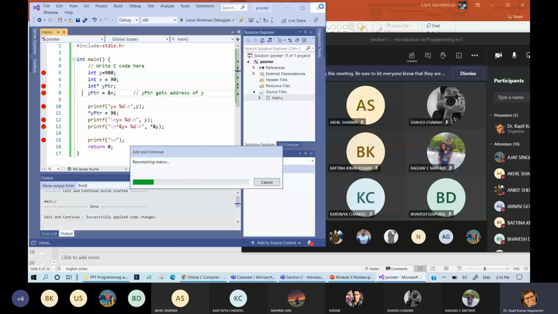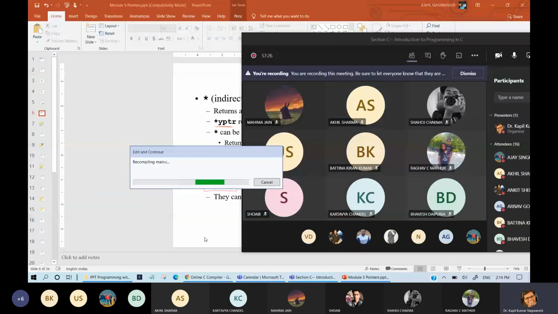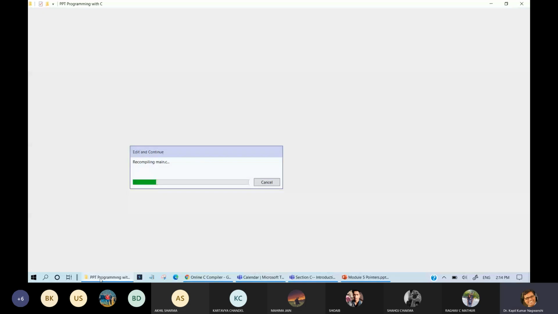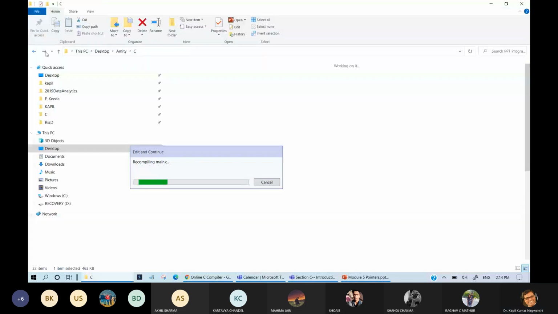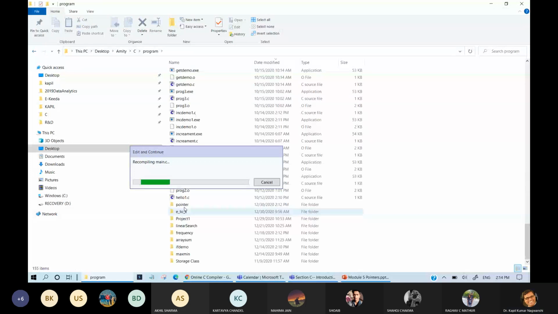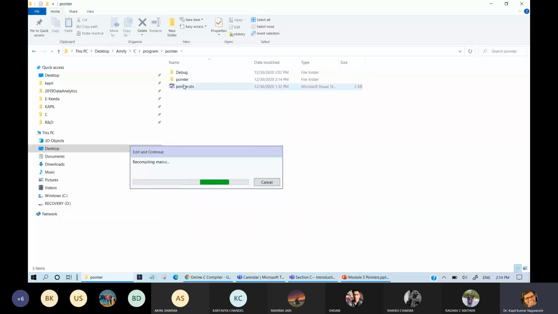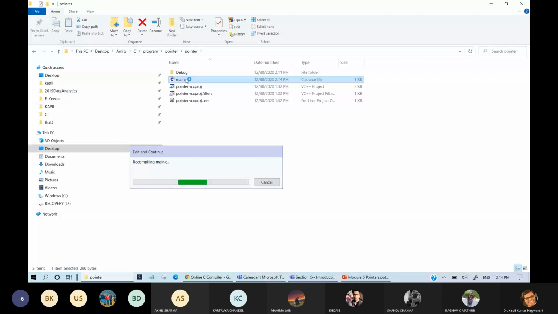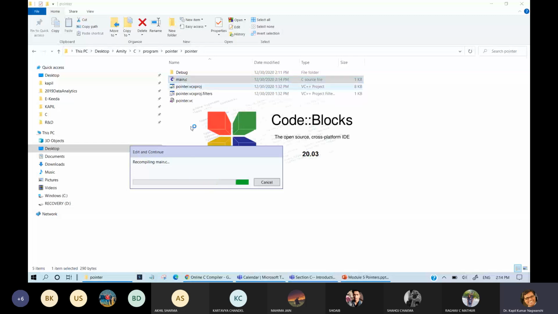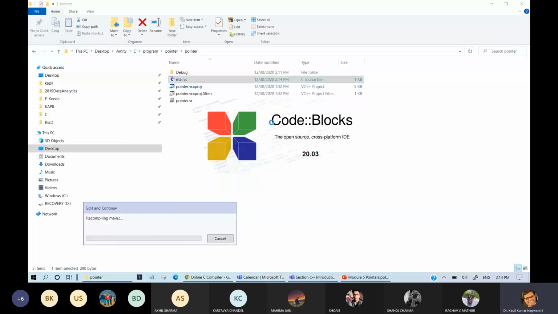Okay. So let me close this, and once again I will show you. So this is our C program. Inside that, the main program is written. But if I am running the program in Code::Blocks, I'm not able to show you the variables.